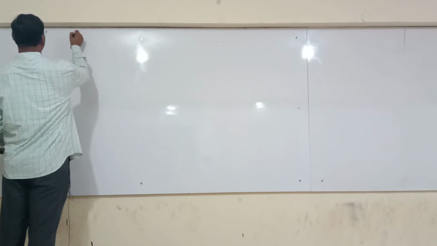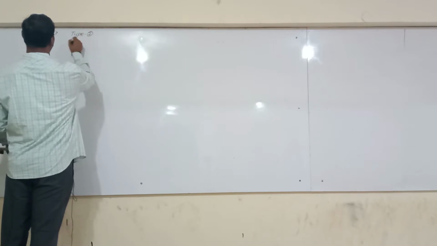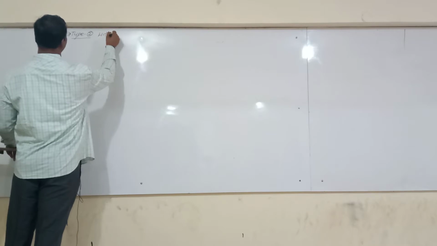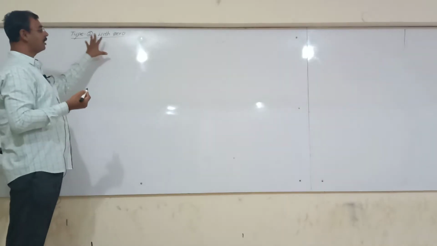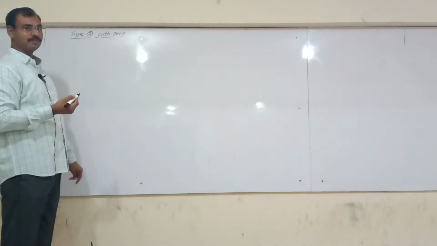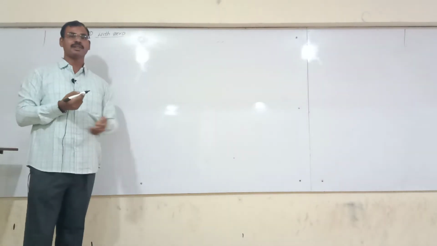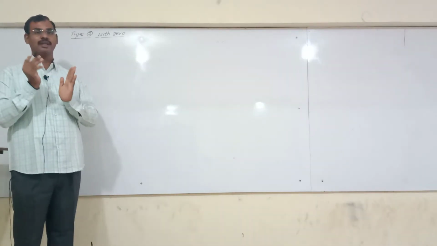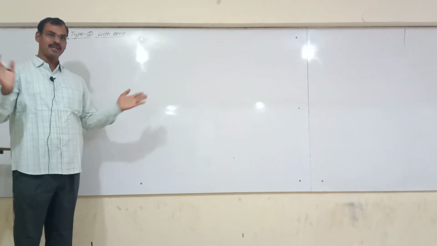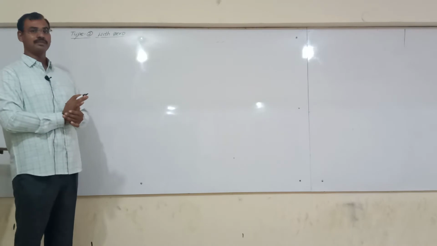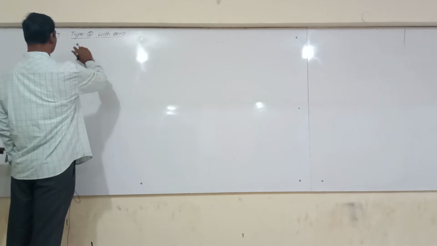Now this is model type 2, with 0. Till the last class we finished the problems without zero, and now with zero. At the moment zero comes into the problem, what happened? The situation will be changed. The total situation is changed here. Let us see one example. You can understand with the zero model.